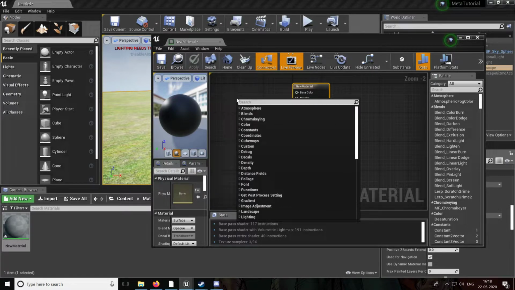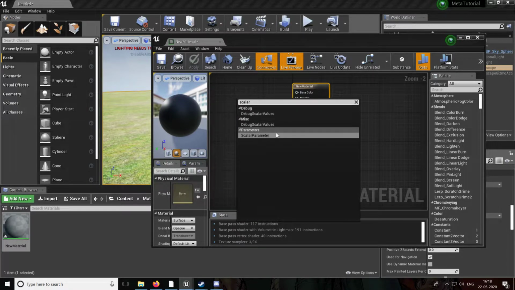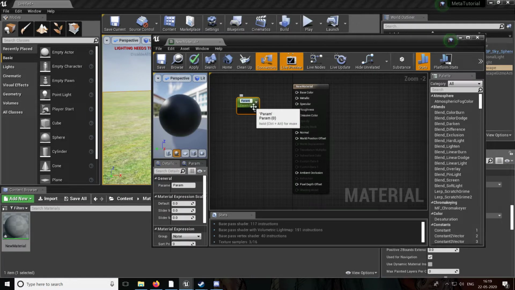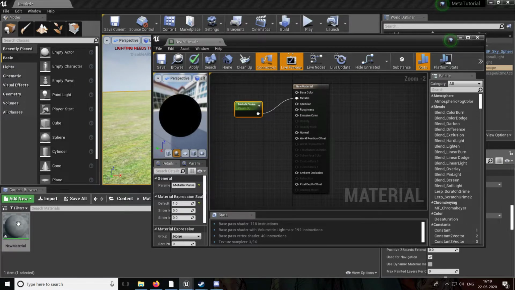I'm going to right click. I'm just going to click on scalar parameter. Now you might not know what a scalar parameter is, and I'll simplify it for you. A scalar parameter basically means number, just one number, right? So we're going to click on that. We'll call this metallic value, okay? And we will give this a default value of 1, right? We're just giving this a number of 1. We'll drag this, and this is how blueprints and material graphs work in Unreal. I'm going to drag this and just lock it into metallic. So now the metallic of this new material that we've created is 1. It's going to be a metal-like surface.